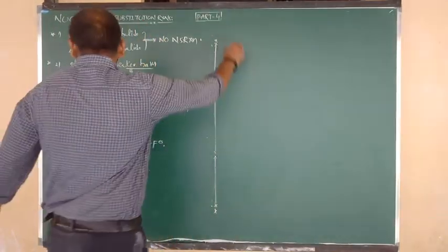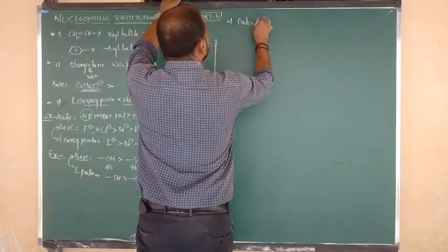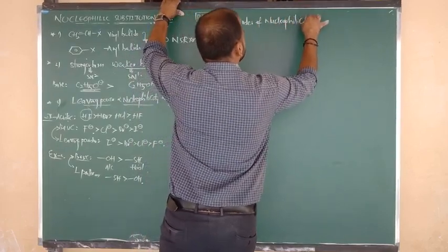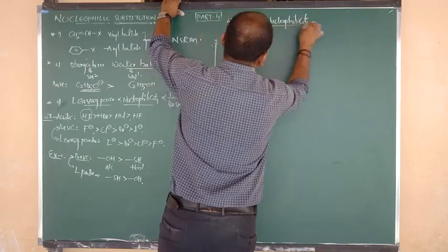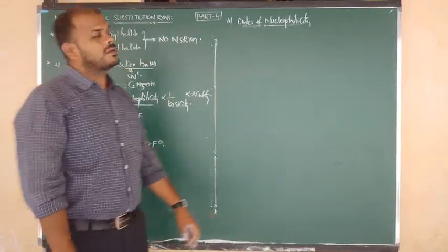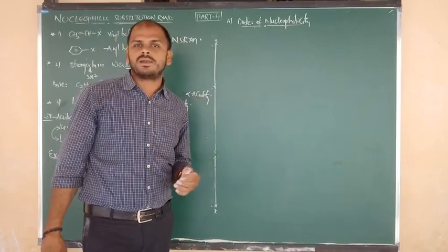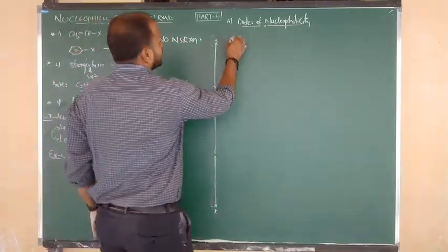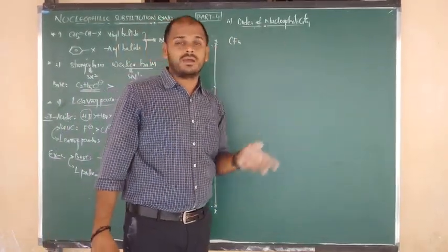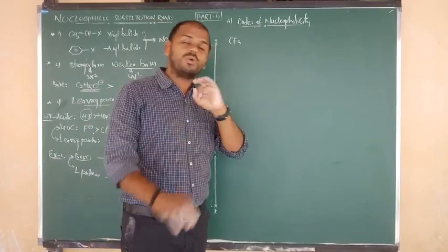Now, another important point I want to show you. What is the order of nucleophilicity? The order of nucleophilicity means which nucleophile is the best leaving group, which nucleophile contains more leaving power. That we have to discuss. Of course, a number of nucleophiles are there, so I can't give you the complete comparison here. As much as possible I will cover, so you try to focus on that only, and the remaining you can answer.